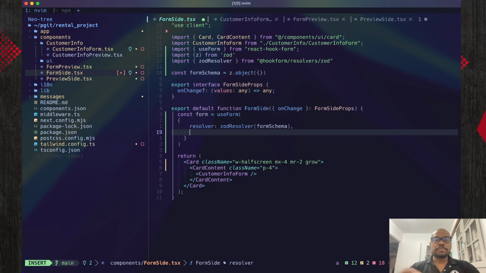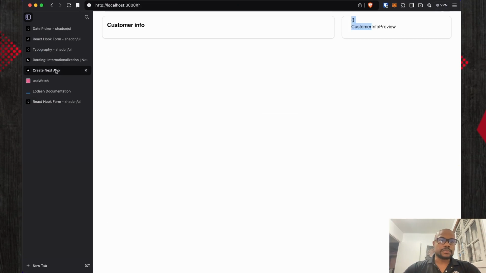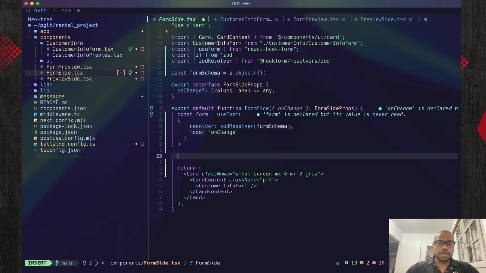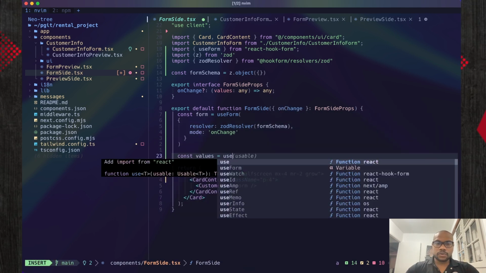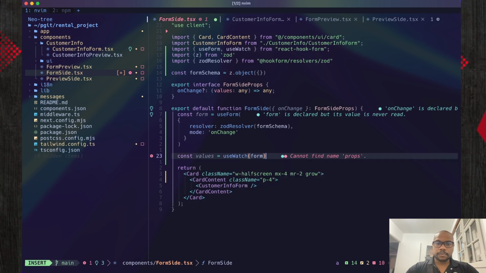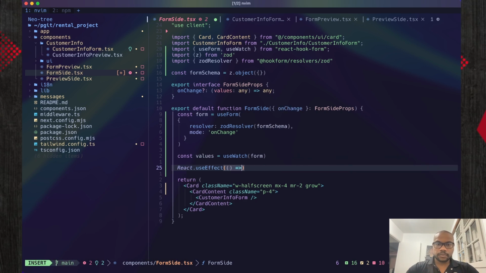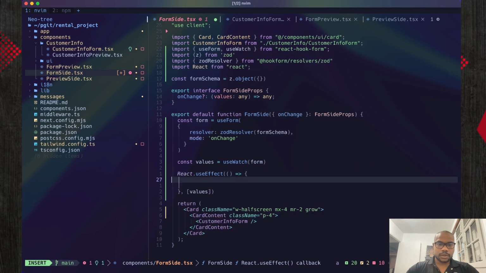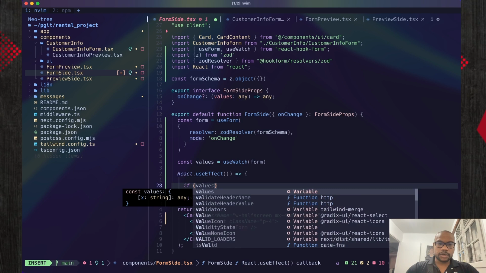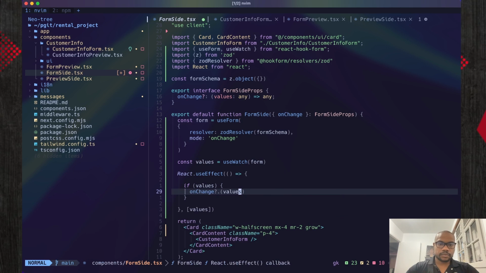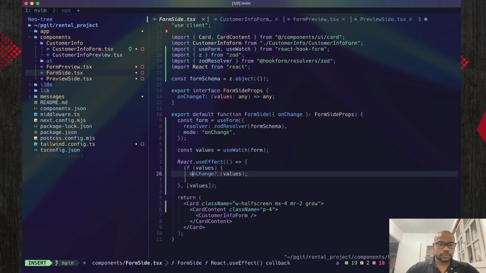Since we are not going to have a submit button on this form because we just want the preview to update as we type, we are going to watch the changes, okay? So mode is going to be on change, and we are going to effect on the values. Use watch on the form, and we are going to effect on this, okay, on the values. Import React, and if values on change, we emit the values, okay? We can just actually